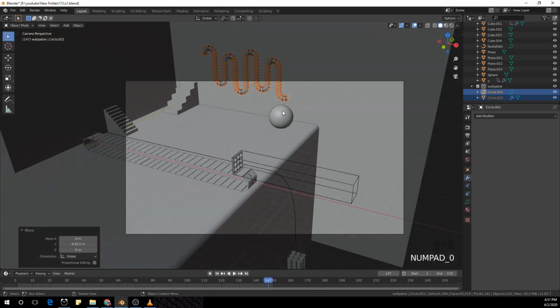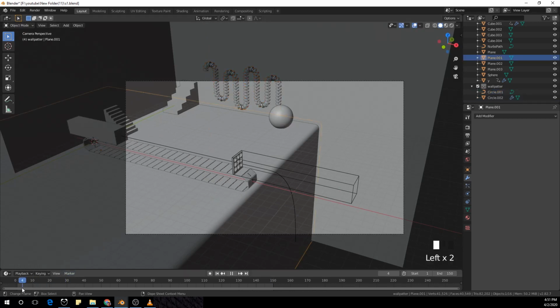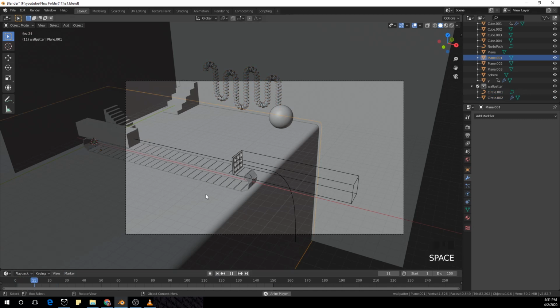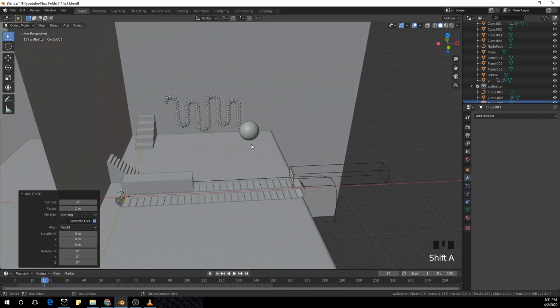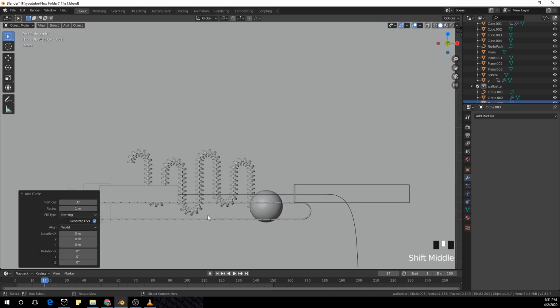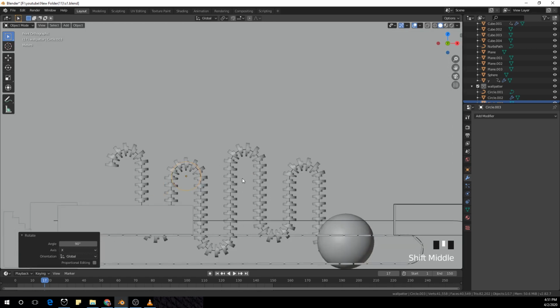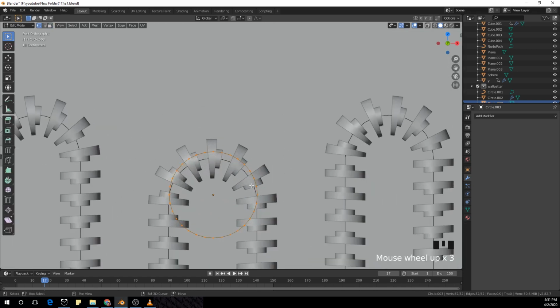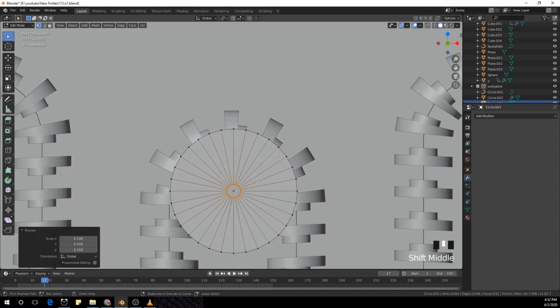See whether we can see this in the camera. Yes, we can. Okay, that looks cool. Now we add another circle. We do here RX90, E, extrude, scale it down, add 2 loop cuts,